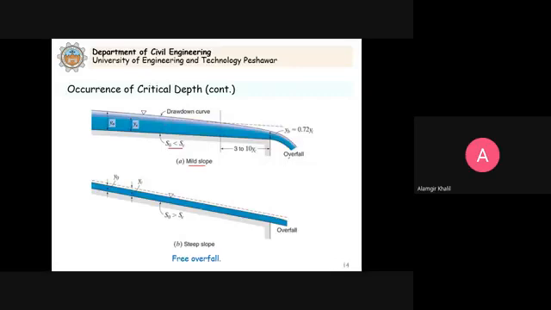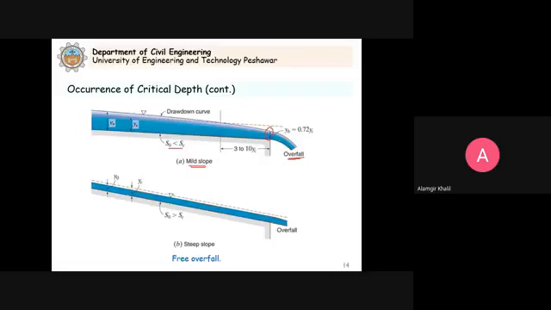This we have free overfall. This is free overfall. Clear? Now we have a subcritical flow. As I said, we have the mild slope. So friction produces a constant decrease in energy in the direction of flow. We already studied that when we consider the fluid friction, there will be a constant decrease of energy in the direction of flow. So it is obvious that at the point of overfall,